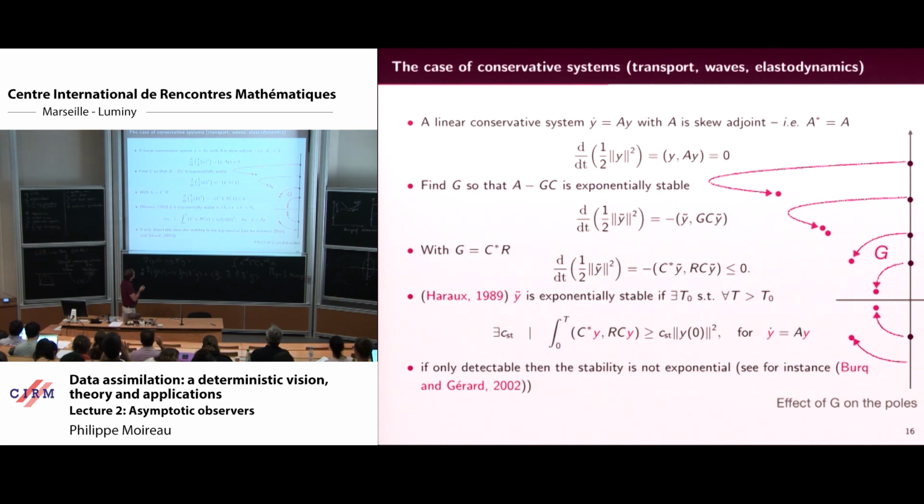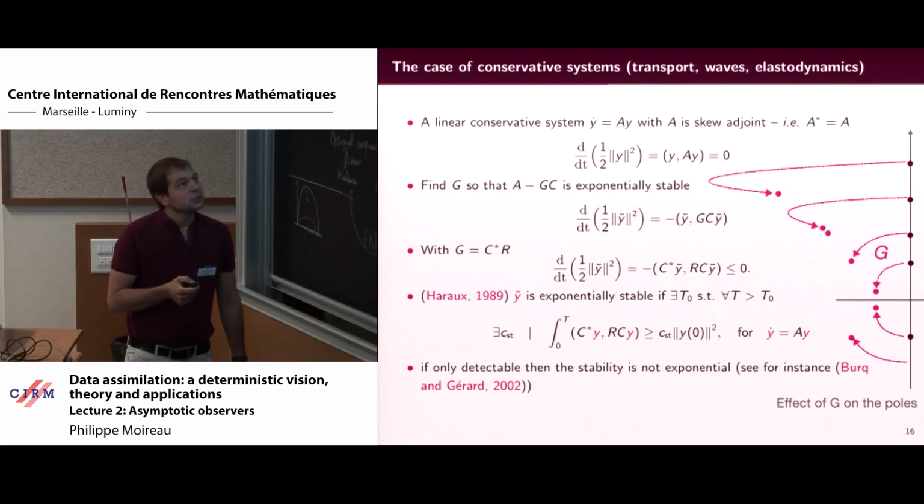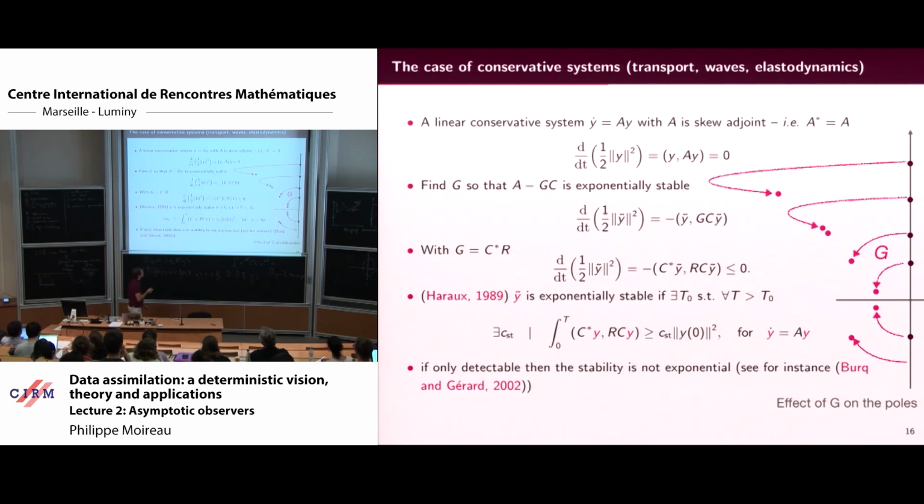If I choose the specific situation where I choose pi to be identity, only identity, then I prove this, which already gives me that it will be negative, because you see C star C is just a scalar coefficient somehow. So it will be directly negative. It's been well known for quite a long time that if you can prove the observability condition on that, then you will prove that this can be related to the norm on the initial condition, and then you will again have a Lyapunov function.